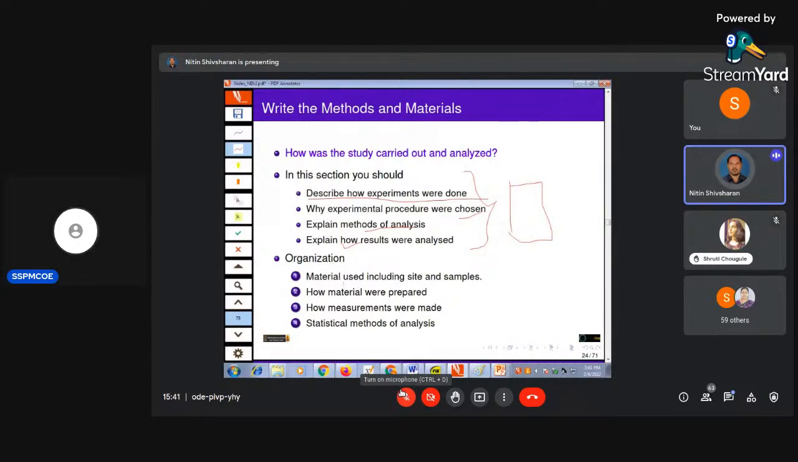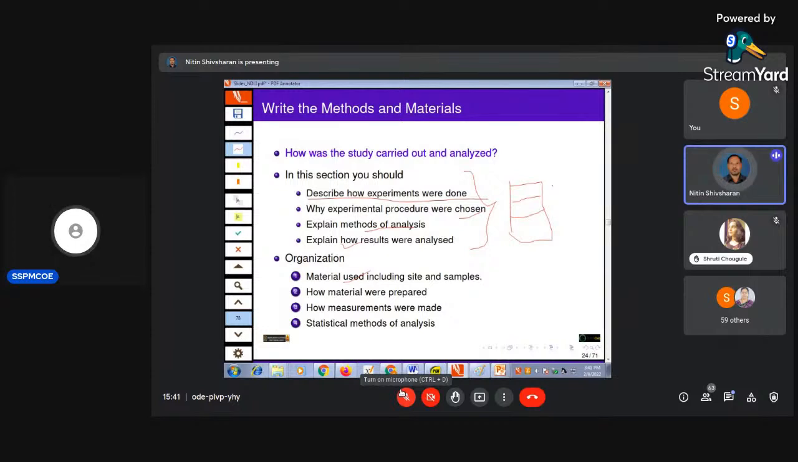First, the material used. We should write the material used first. Then how the material was prepared. If you are preparing the data, for example, if it is an image processing project, and I myself am capturing the images,